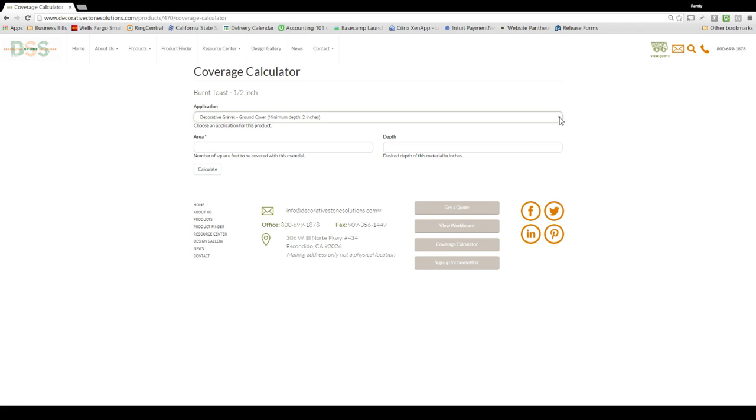In some of our products, you'll have a pull-down menu for the application. For different ones, such as Round Rock, you can either use it in an exposed aggregate concrete or just as a ground cover. In the decorative gravel product subcategory, you only have a ground cover option, so you don't need to touch that drop-down menu. If you go to the area, let's say your area is 1,500 square feet,